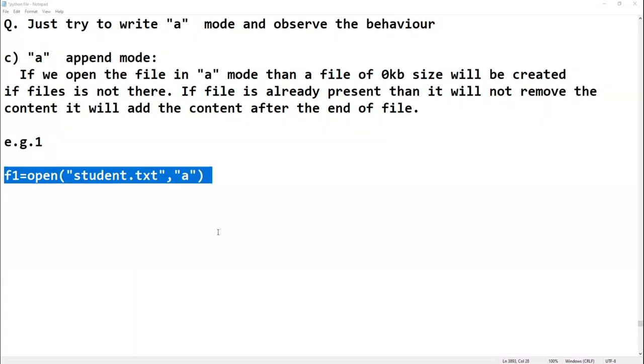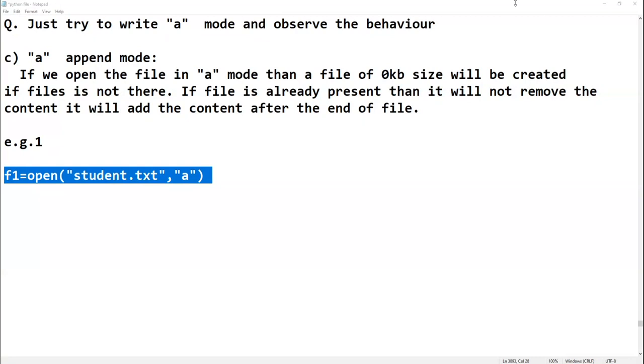Let me write file2. Okay, save. In the Python folder, there is no such file present. Only one file is there, student.doc. There is no student.txt. Let's execute it.